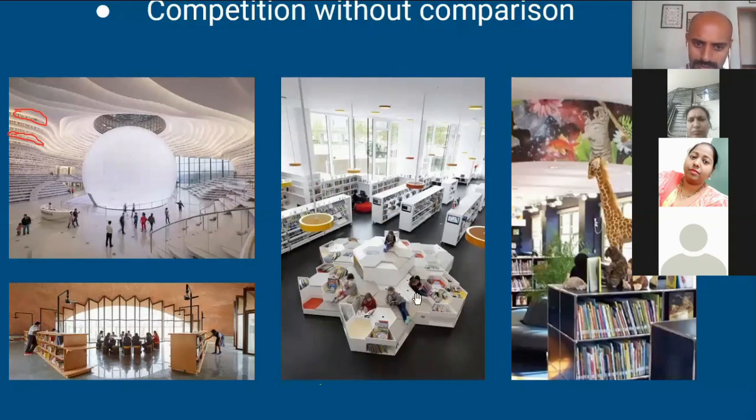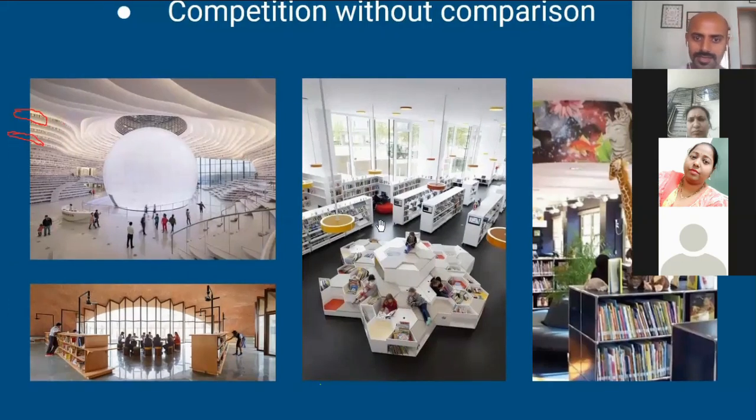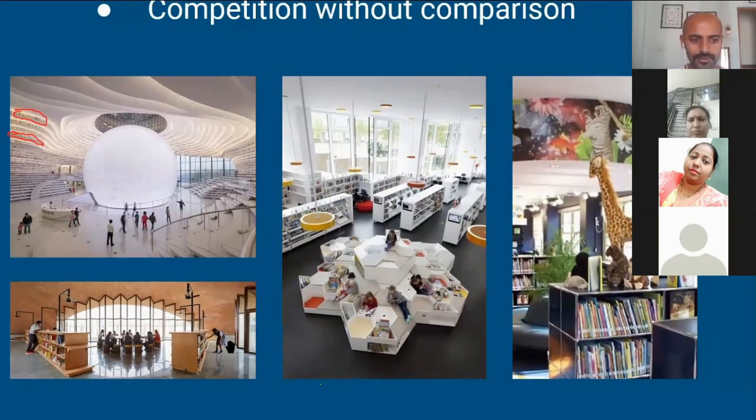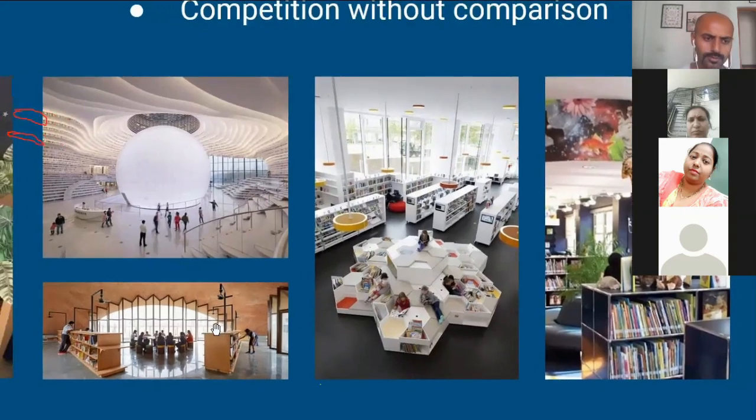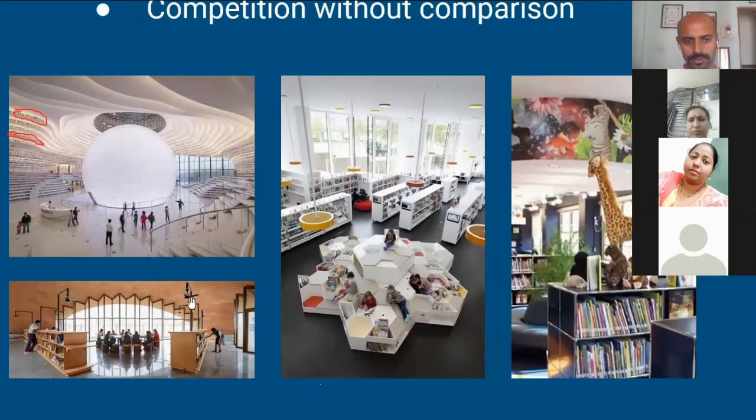And if you notice, the children are making the best out of it. There are pits in the center where children can sit, there are cushions and stuff like that. But it is not necessary to have such a fancy scenario. If you notice the mud brick structure on the lower left corner, you have a lot of books and you have a wide opening, and you just have normal seats. This is very uncomplicated. You don't have too many decorative cartoons or things like that. It's very simple. So simplicity also can be incorporated very well in reading spaces.